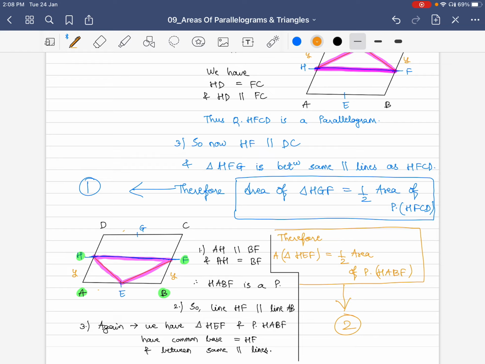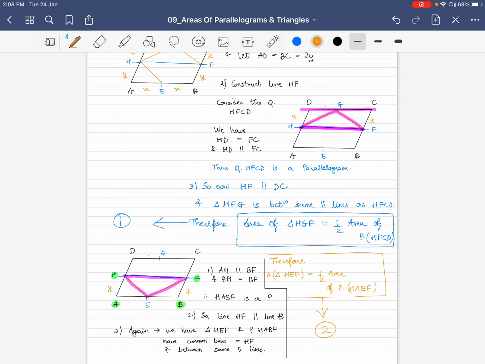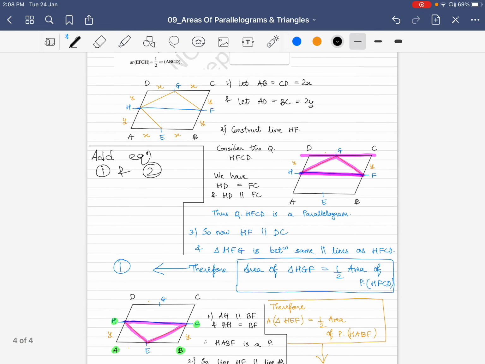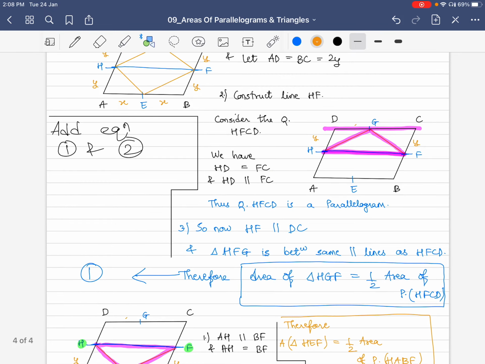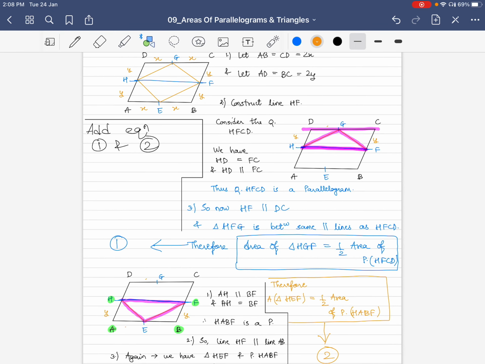Okay, so I'm going to add. Now this is going to be a little tricky, but let's do it. So I'm going to write here: add equations 1 and 2. Okay, we're going to add equations 1 and 2. So visualization is important. Let's complete this line. So this is that line. So when we add these two equations, HGF and HEF,